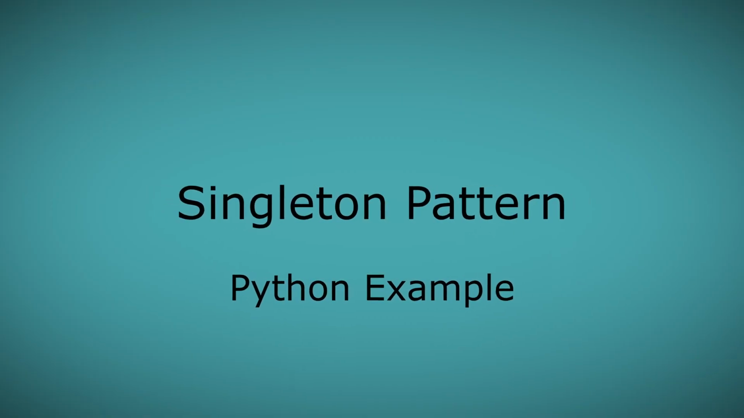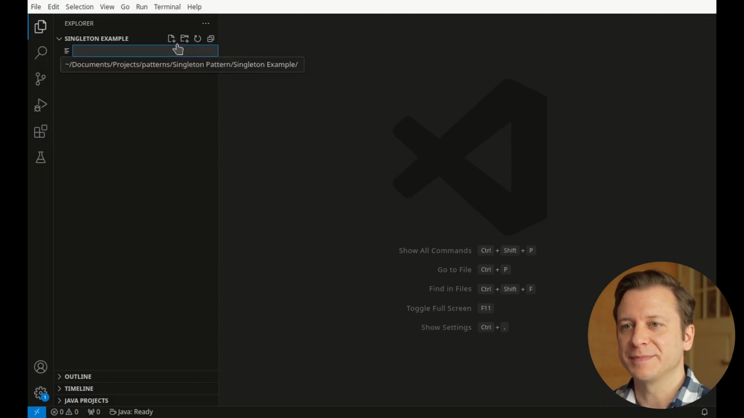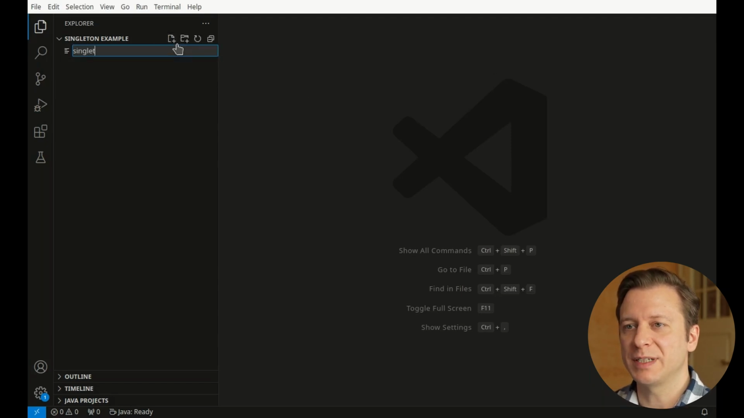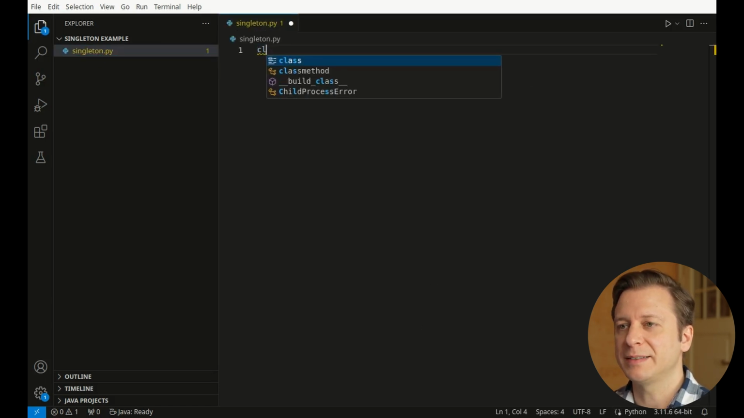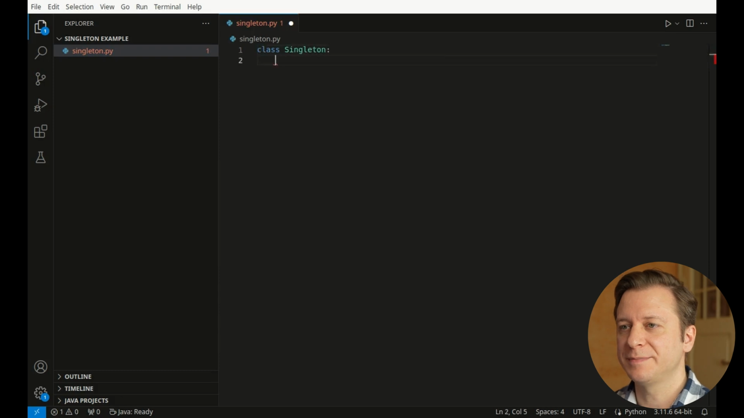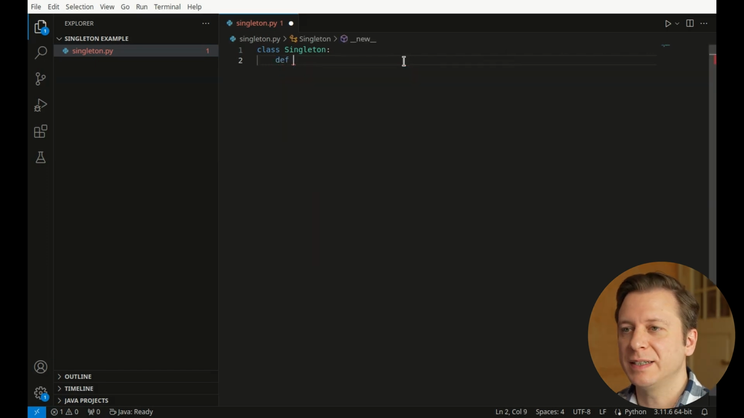Okay, let's take a look at the singleton pattern in Python. The first thing that we need is a singleton class. So this we will put into a singleton.py file. class Singleton. In contrast to our Java example we did before, our approach in Python is slightly different. We will not need any getInstance method. Instead, we can use one of Python's class methods called __new__. Define __new__,